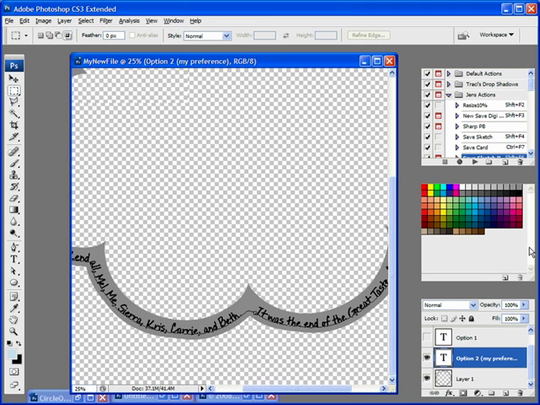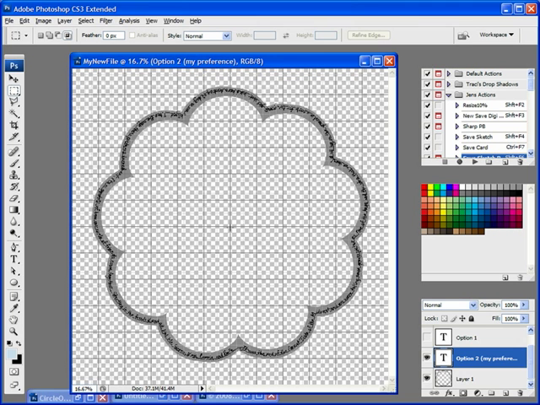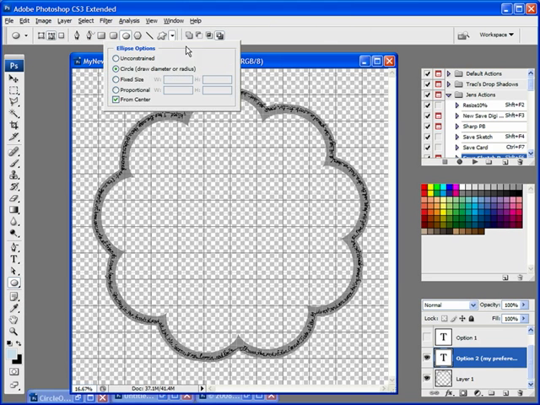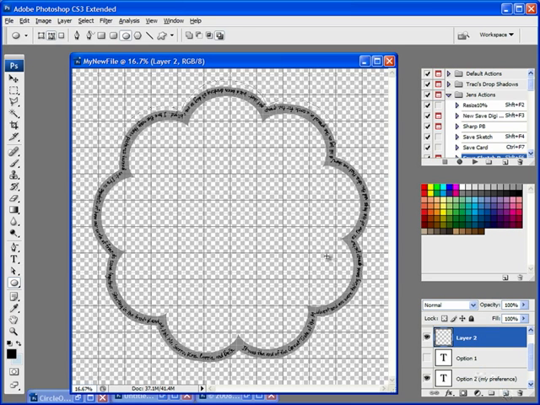Okay, now I need to think about putting the rest of my layout together. So to do that, I'm going to turn my grid lines on so that I can see my center mark. And I'm going to draw a circle in the middle. So I'm going to select my shape. I've got circle selected up here. I'm going to say draw a circle from the center. And I'm just going to pick a black color for now. So I'm going to start a new layer. And then I'm just going to draw out my circle